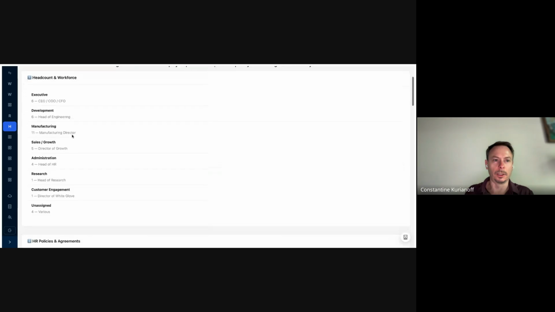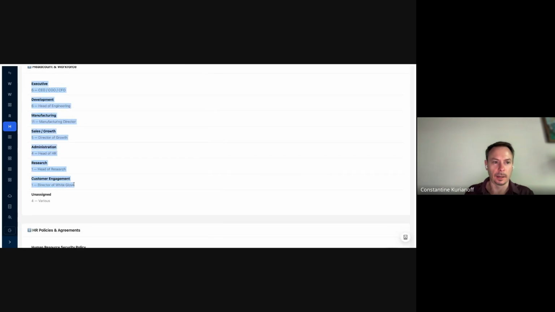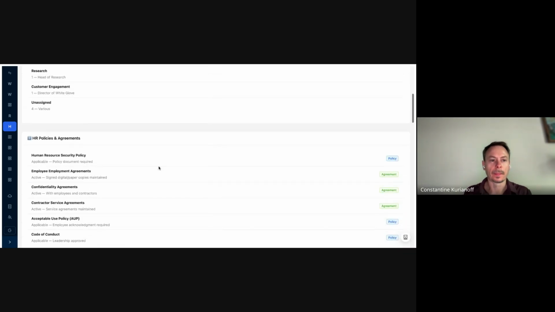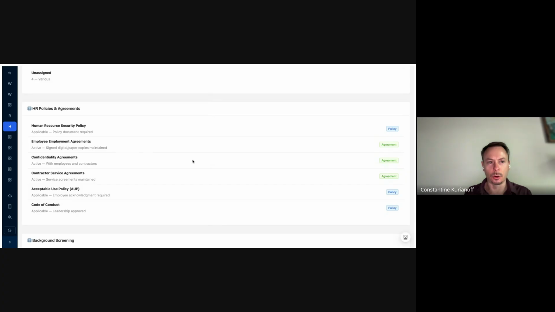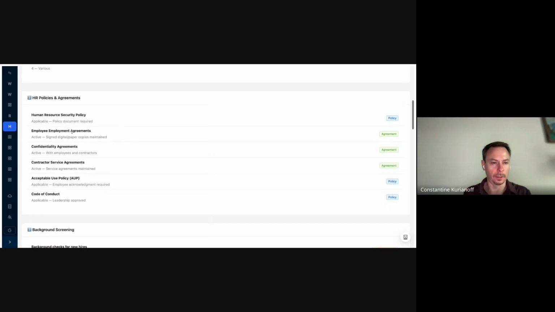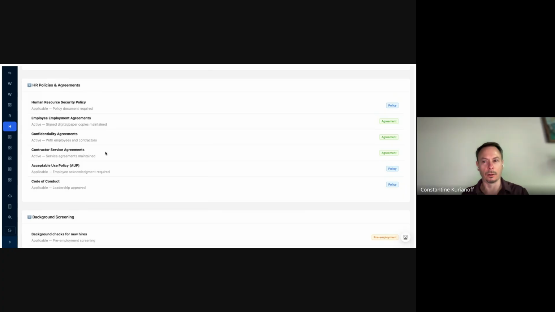So first of all, we need to understand what departments are in scope of this work stream, what policies are in scope, right? As we discussed, like human resource security policy, employment, and it also mixes in agreements, although that was a different dimension, but the policies, the agreements, right? We need to track all of them here.